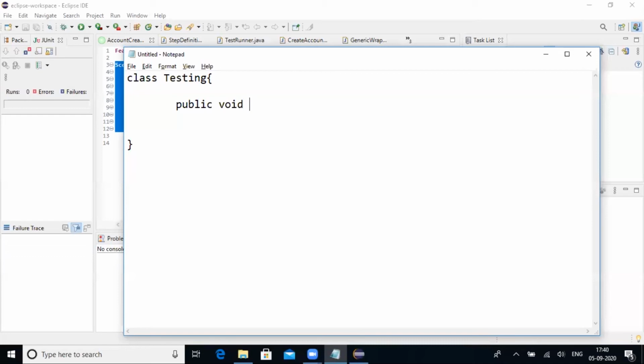But in Java, we need to write a very big statement: public static void main, inside which you have to pass the string argument. We will see what all these keywords refer to, but this is how you need to create a class.